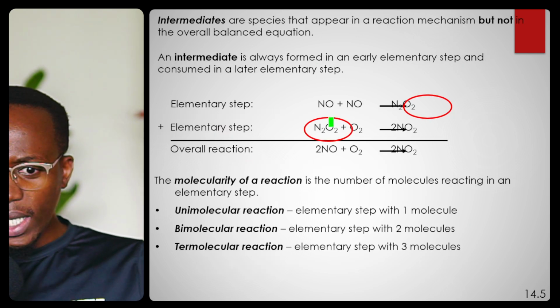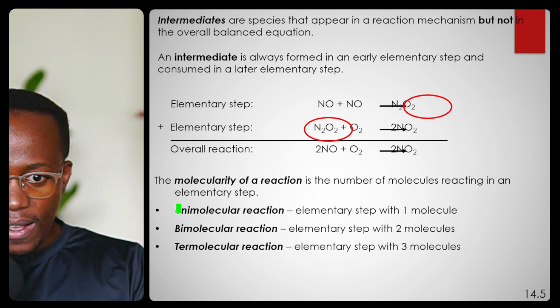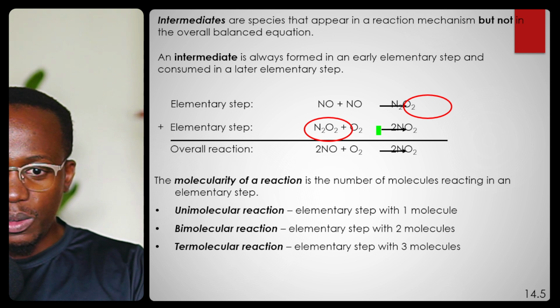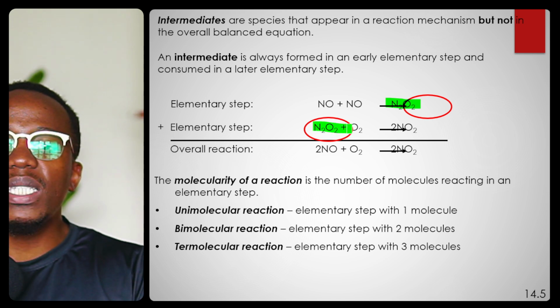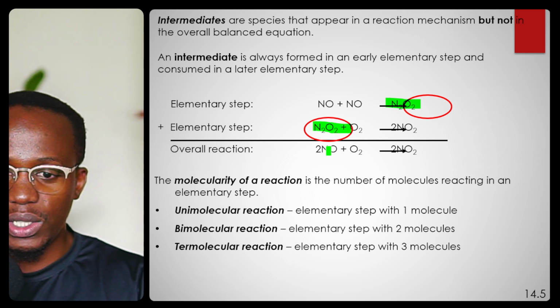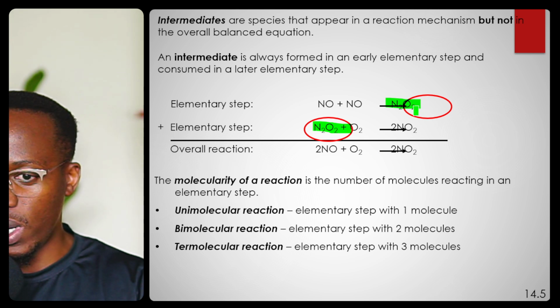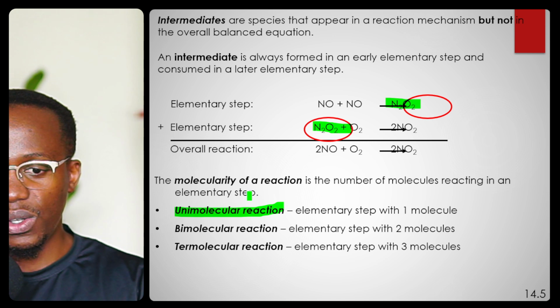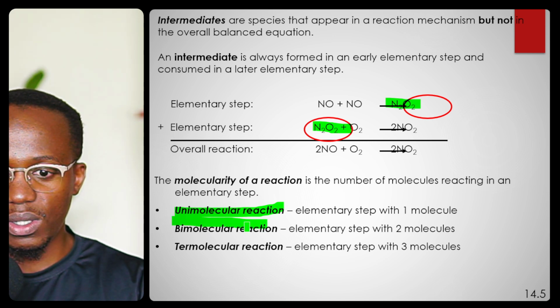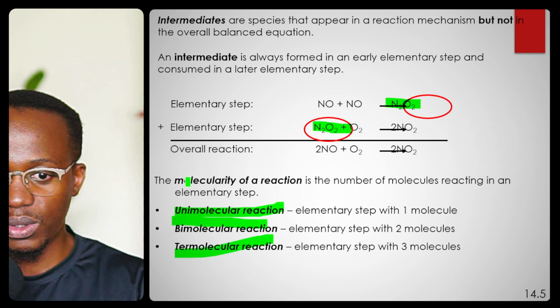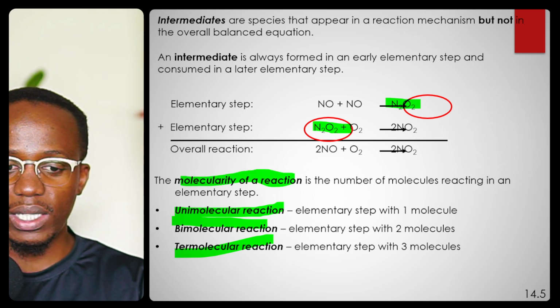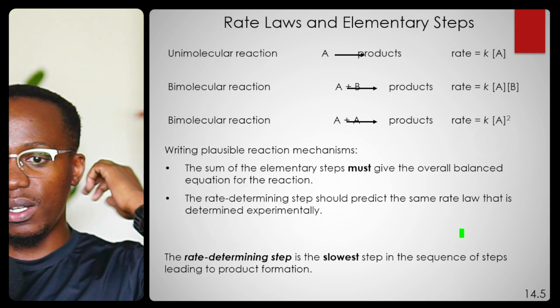We care a lot about this, and depending on how many reactions, we will look at different steps. If the elementary step uses one molecule that gets used up, we call this a unimolecular reaction. If it uses two, bimolecular reaction. If it uses three, termolecular reaction, and so on and so forth. So it's called the molecularity of a reaction. We care about this a lot. Why do we care about this? Because depending on